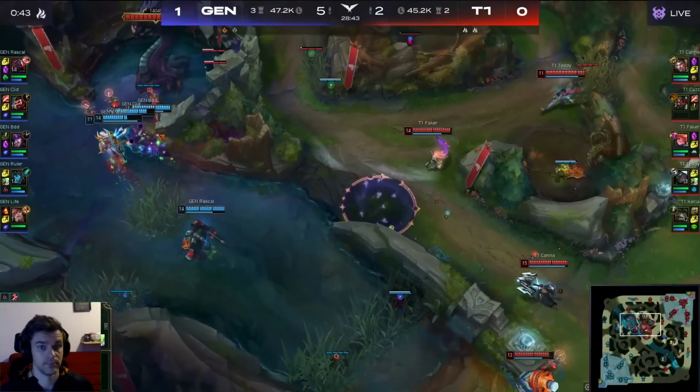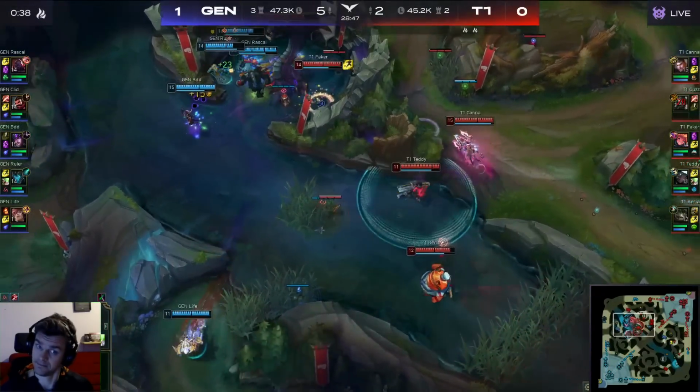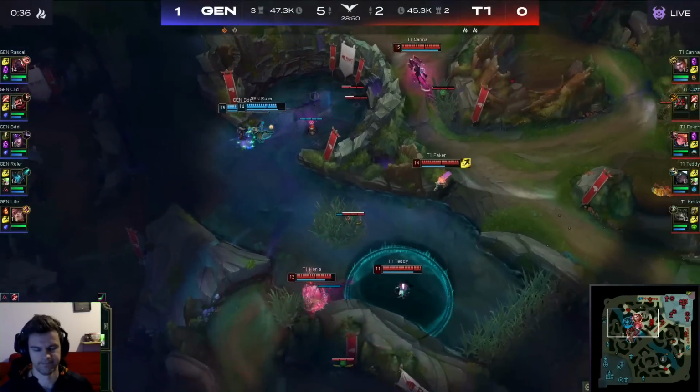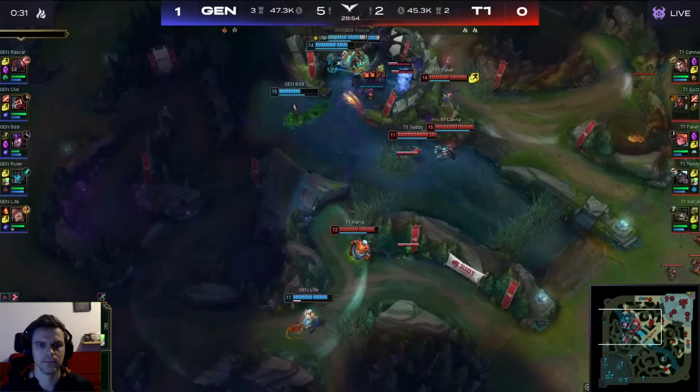They have good vision control here too, Atlas. I mean, there's nothing for T1. They don't have the vision to actually throw these Battle Stars. They have to throw them blind. Well, they have to contest. Faker will be able to get extra vision utilizing his portal jump, but 4 versus 5